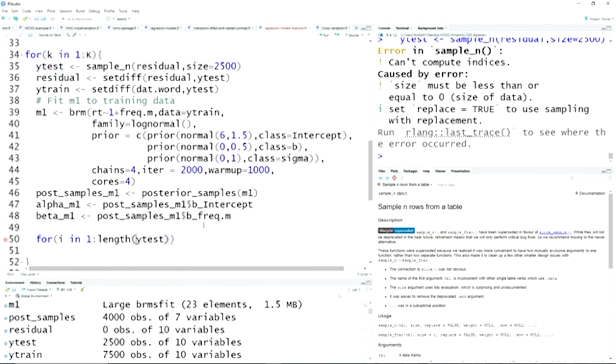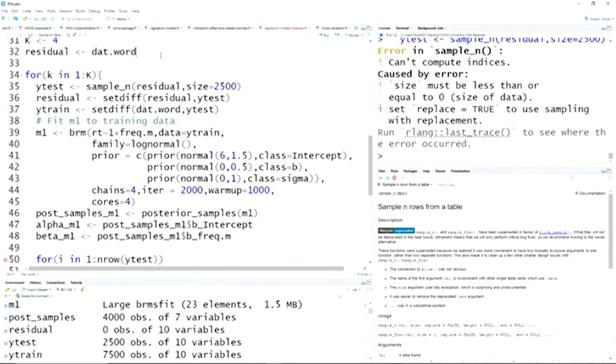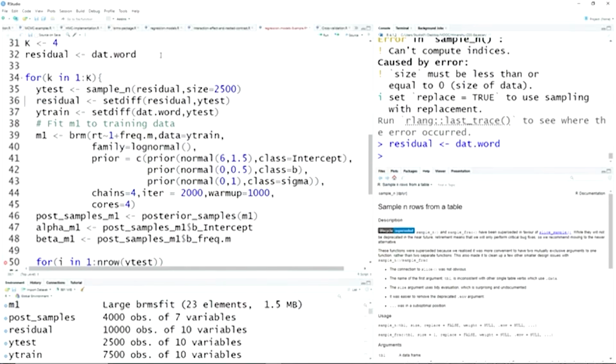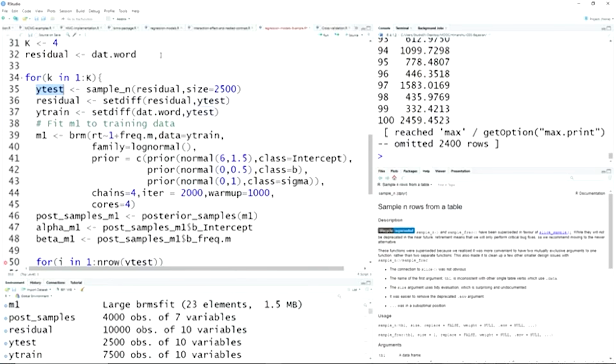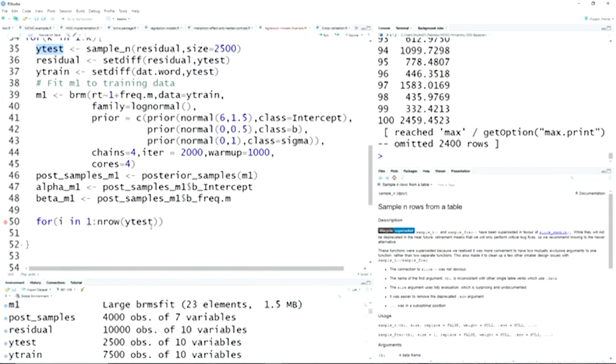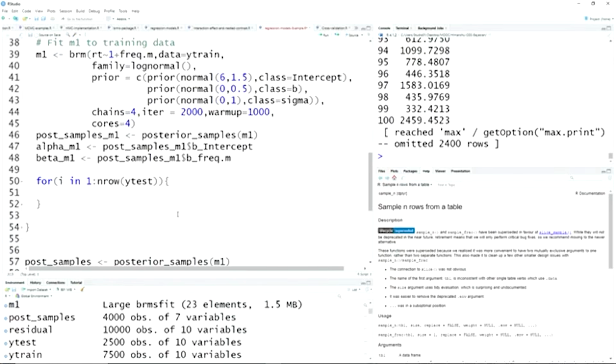Not length, but the number of rows. So the number of rows would be 2,500. So for each row in your test data,